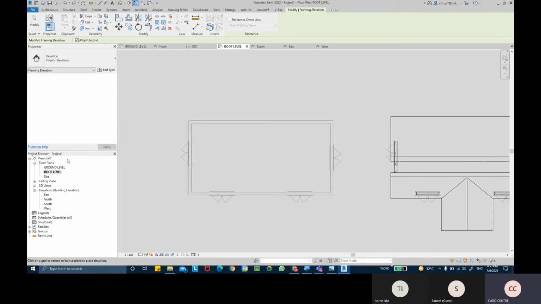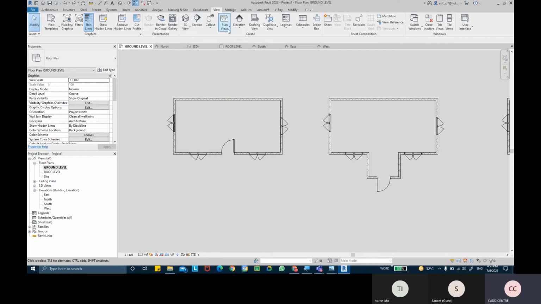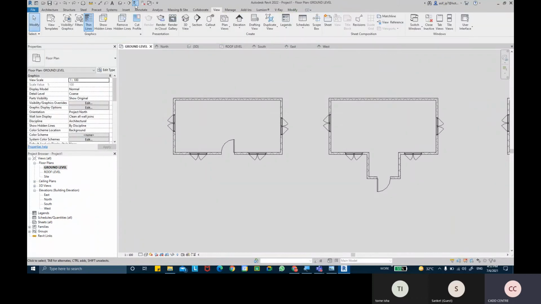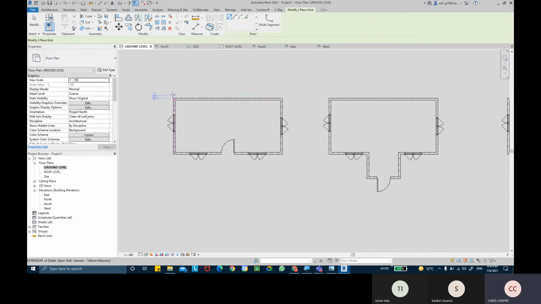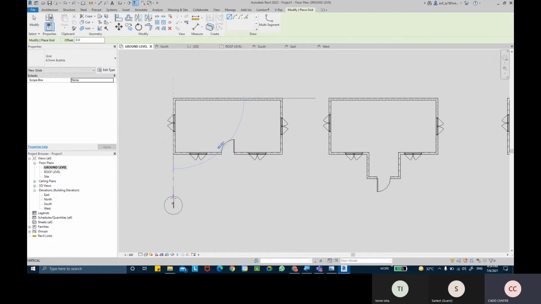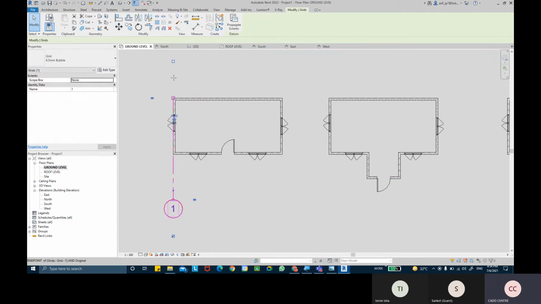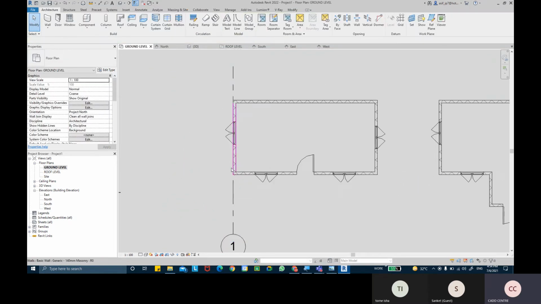Let's go to the level below and try to drop it. Framing elevation, unable to drop it. So I need to create a temporary grid line. That's your grid line.